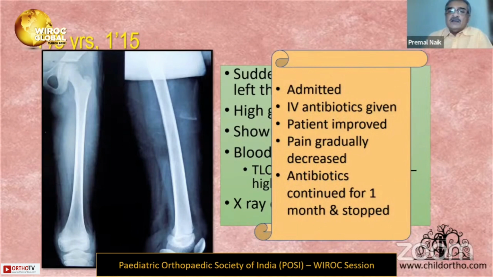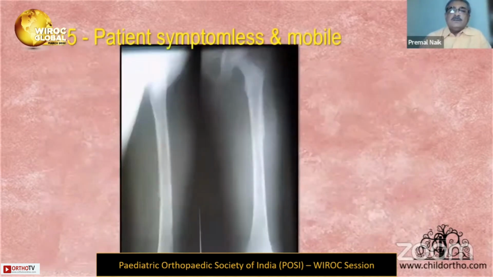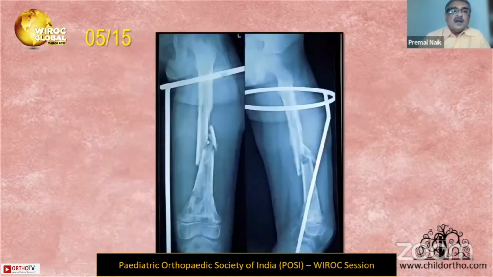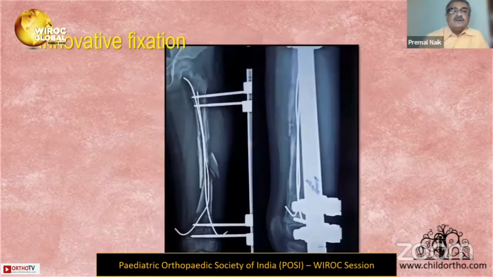She improved gradually. Antibiotics were withdrawn, and only oral antibiotic was continued for 1 month and then stopped. Patient was symptomless and mobile. This is the serial progression after 2 months. And after 5 months from the first injury, she presented to the same orthopedic surgeon with this X-ray and a fracture. She had an innovative fixation like this, 2 TEN nails or probably K-wires with an external fixator. Probably he attended one of the IFIX or POSI courses, but never realized that these are for normal fractures